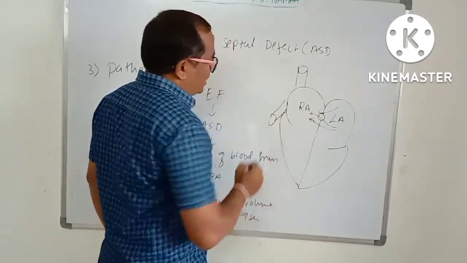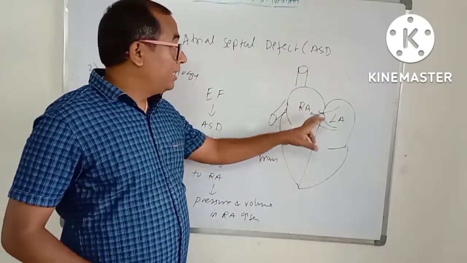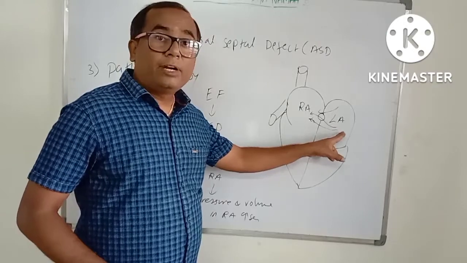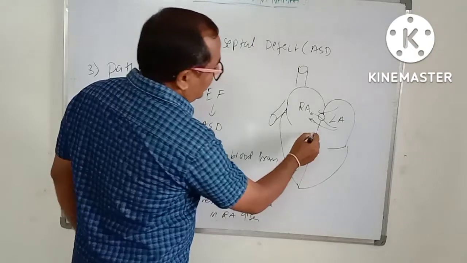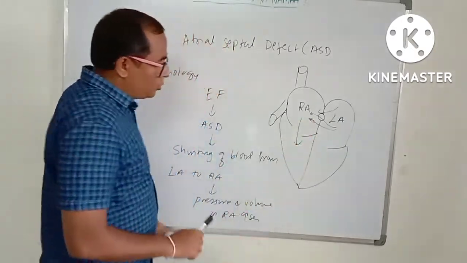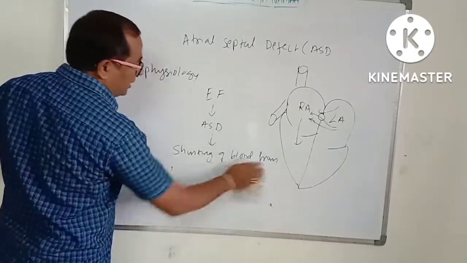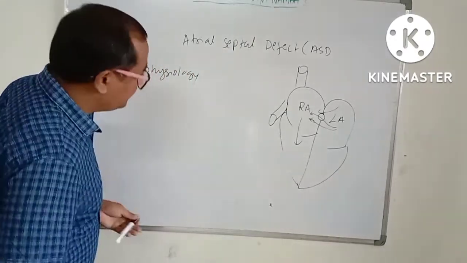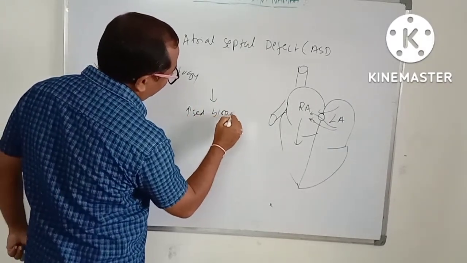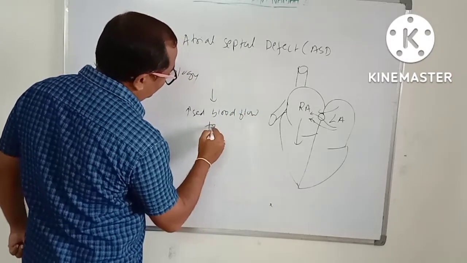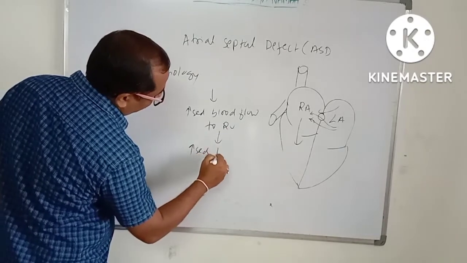because blood is already present in the right atrium, carried by the superior vena cava and inferior vena cava as deoxygenated blood. So the volume and pressure is already there, but in addition there is a shunting of blood from left atrium to the right atrium. Because of this there is more pressure and volume in the right atrium. Then more blood goes to the right ventricle, so there is increased blood flow to the right ventricle,